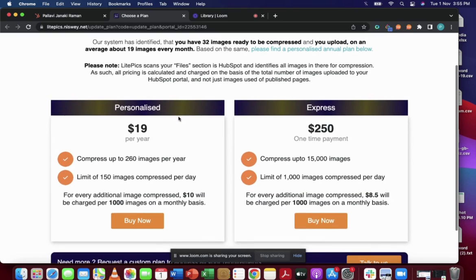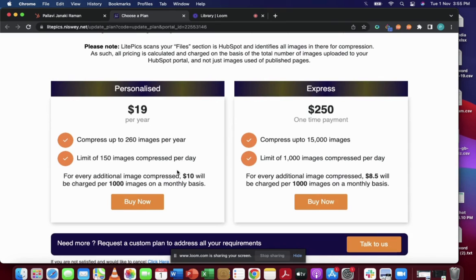Now, if you have images less than say 250, we would recommend you go ahead and use the personalized plan, wherein you will be able to compress 150 images per day and total of 260 images per year, and any additional image you will be charged based on the number of images that are left in your portal. And go ahead and click on buy now,